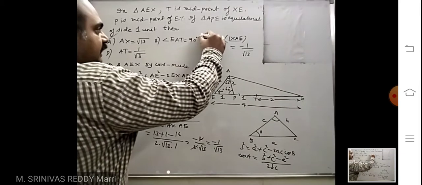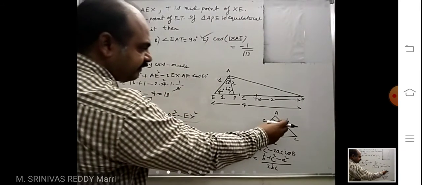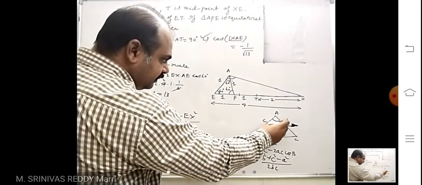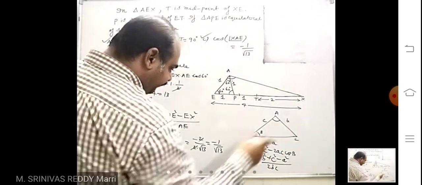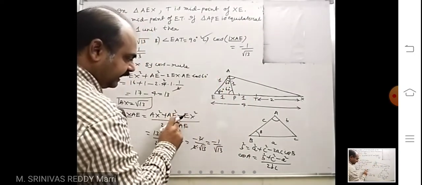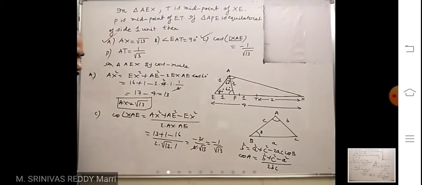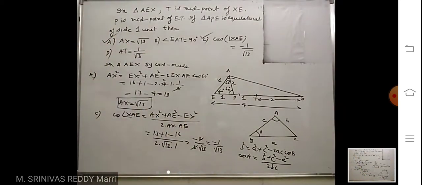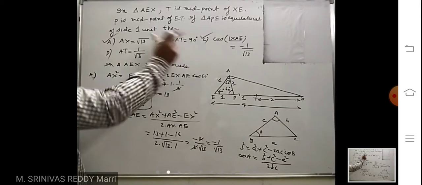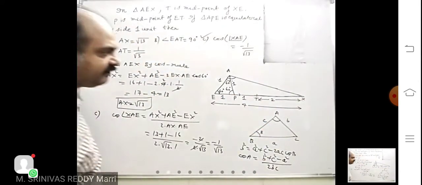So this is also correct. Just pure cosine rule. Whenever you write cos of an angle, it is the included sides' squares plus, minus this side square, divided by 2 into AX into AE. I got it directly from the cosine rule, simple. Right? So next he is asking angle EAT. T is here, which is the midpoint of AX.